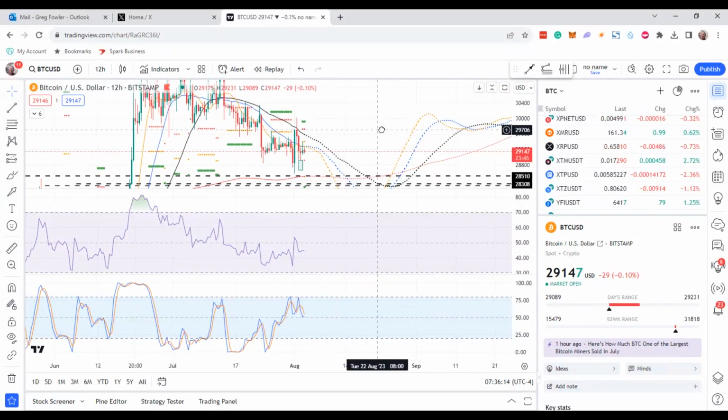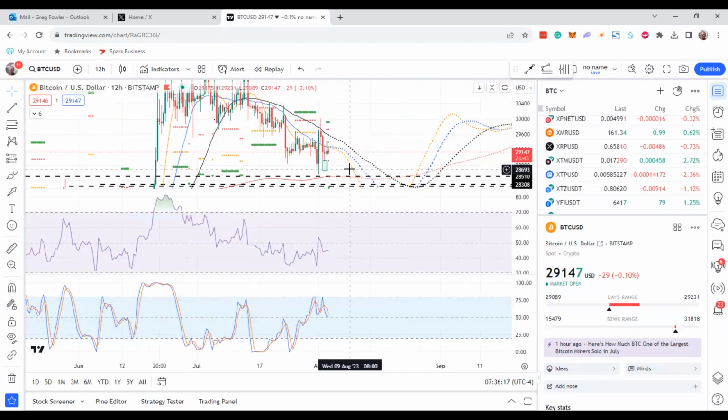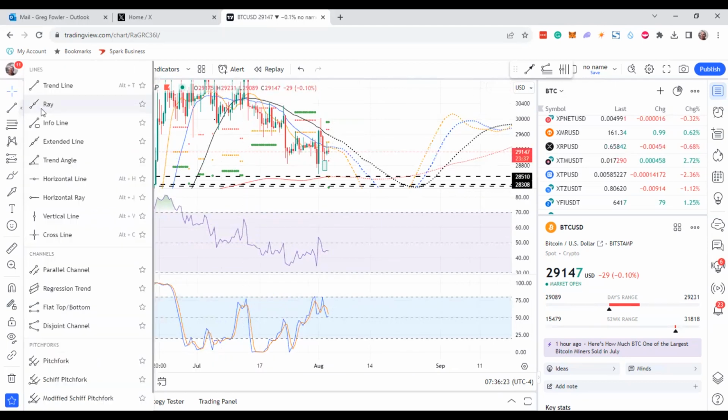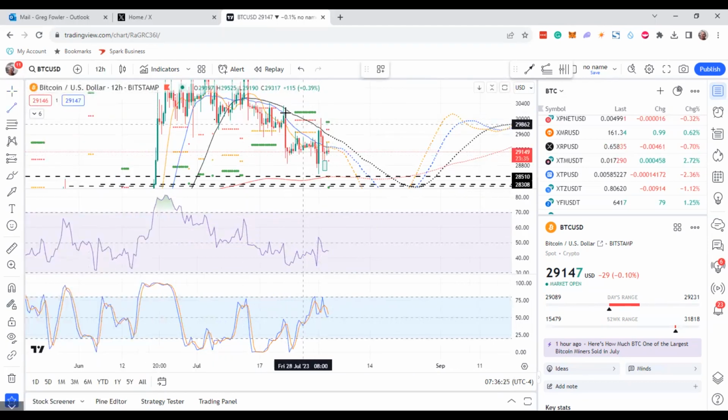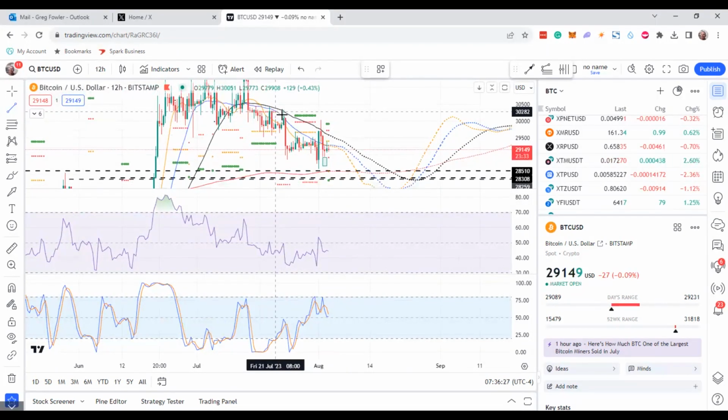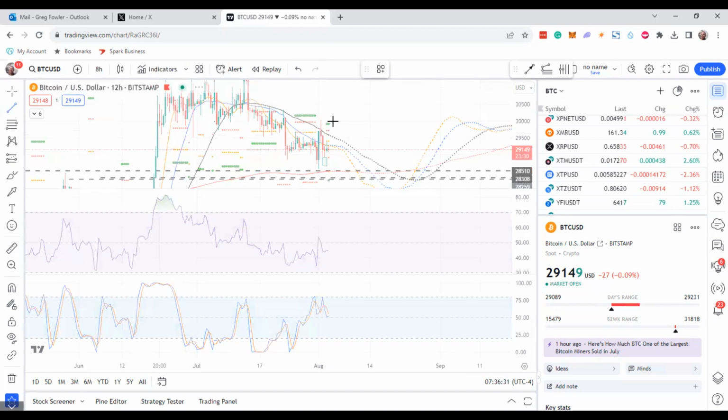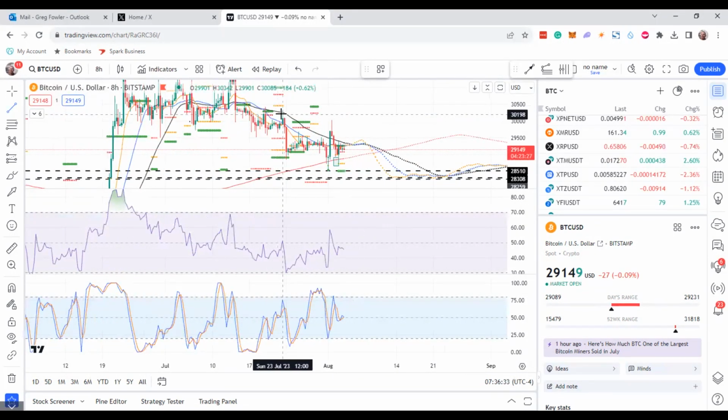So I missed it. But one of the reasons why is the algos were telling me it was going to go down, but it was plainly obvious that you can see that on this wave, oh, excuse me, it's over here. Excuse me, it's not that wave. This wave over here, right? So let me go to an 8-hour chart. This wave right here, okay?